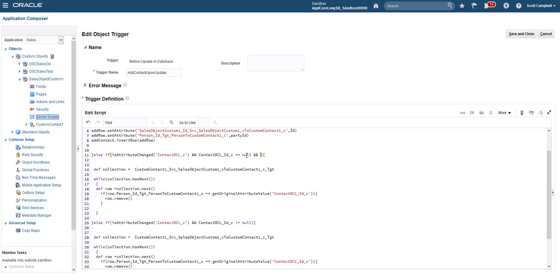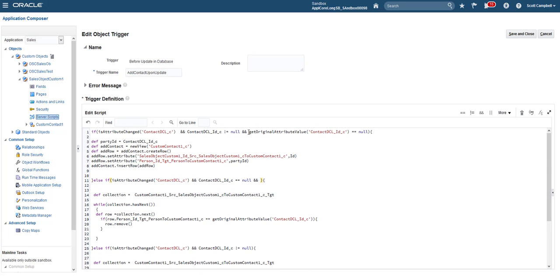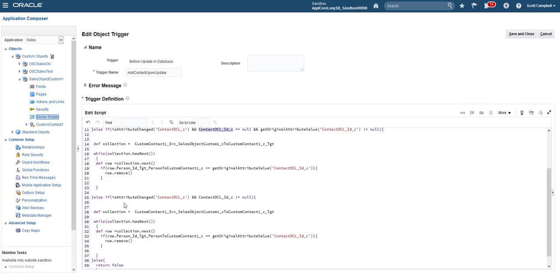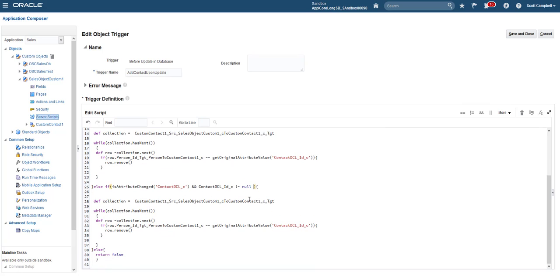So let's add here one more condition to enforce this block of code is executing. So let's say the original value was not null. Okay, so the previous value was not null, but now it's null, and we want to remove that. And here, let's enforce this one also. So the previous value was also not null, and now it's also not null, but it's changed. And this should